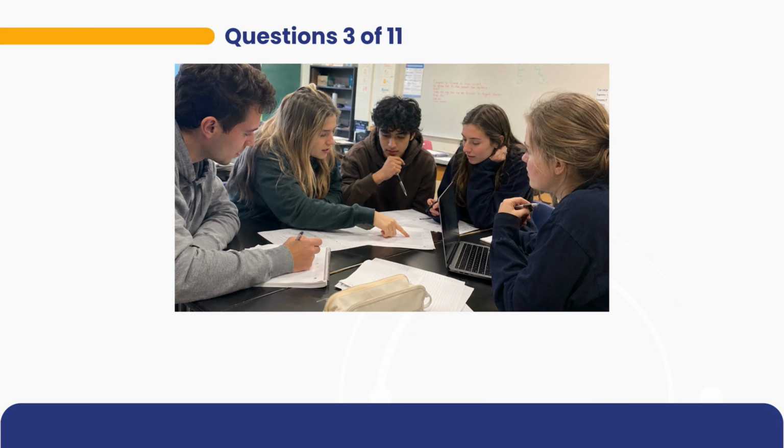Begin speaking now. In this picture, 5 students are sitting around a table and working together in a classroom. They appear to be discussing an assignment because one student is pointing at a paper in the center while the others are looking at the documents closely. Several students are holding pens, and there is also a laptop open on the table. Notebooks and loose papers are spread out in front of them, which suggests they are studying or preparing a project.